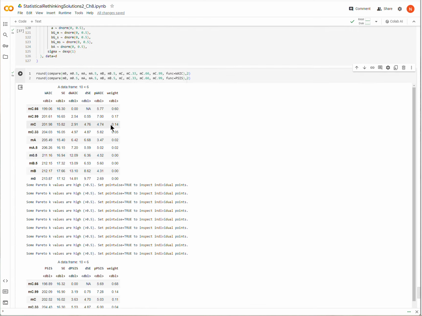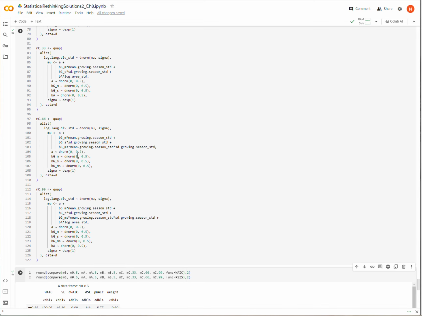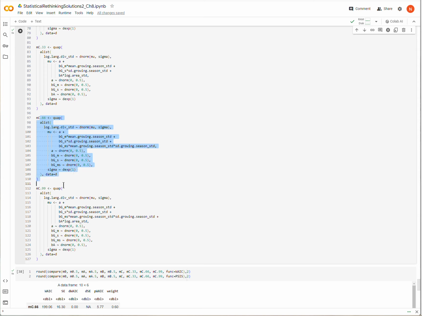Let me make that a little bit more concrete. These 2 models performed best, MC66 and MC99. And MC66 was predicted to do better than MC99, and the way that they differ is just the inclusion of area. And so adding area somehow made MC66 do worse, right?